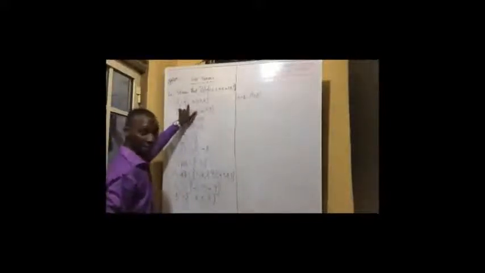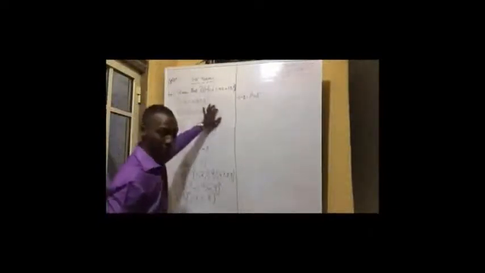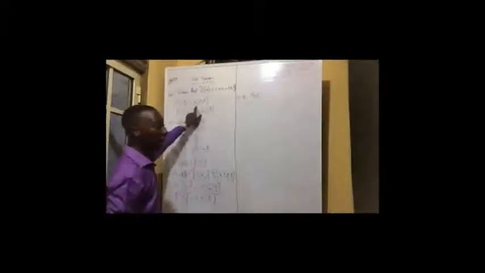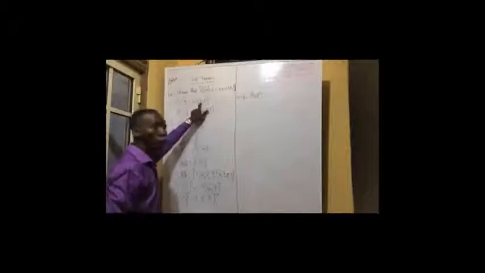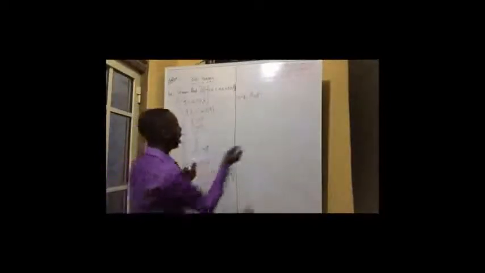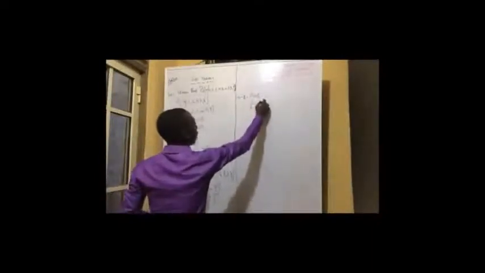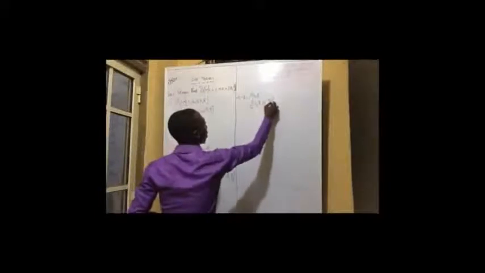I have 1 in set A, 3, 5, 7, 8. Now any elements that are in set B would be removed from here. So 2 is not here already. 4 is not there. 6 is not there. 7 is there, so I will remove 7 from set A. 9 is not there, and 8 is not in B either. So the only elements I'll be left with will be what? 1, 3, 5, and 8.